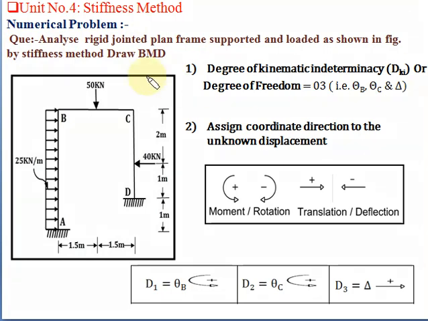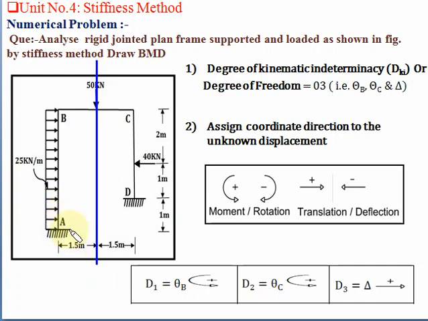So in the problem, a sway frame is given. First we have to recognize whether that frame is a sway frame or non-sway frame. For that we'll take a vertical axis at the center of the frame. Now we have to see on both sides of the vertical axis whether it is symmetrical or not, with respect to support, load, moment of inertia, and the length of the vertical member.